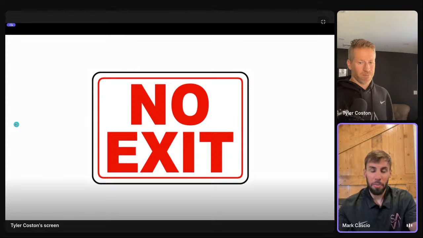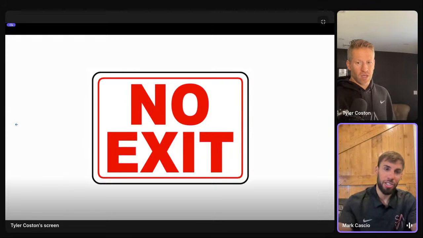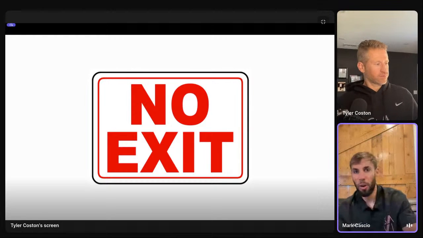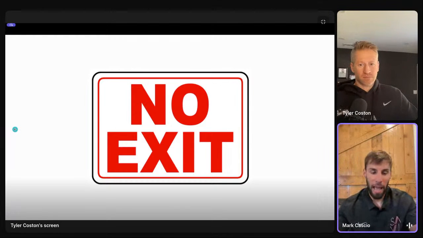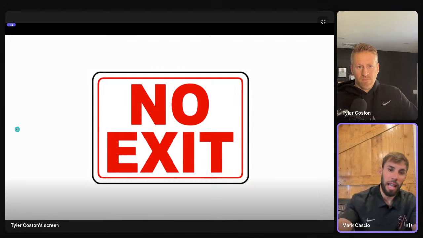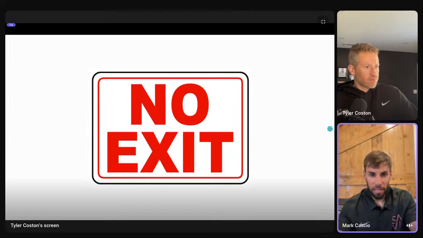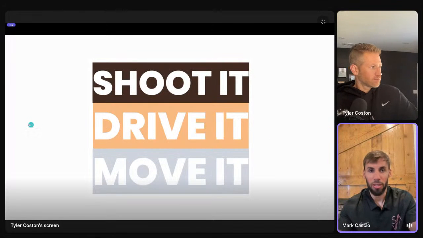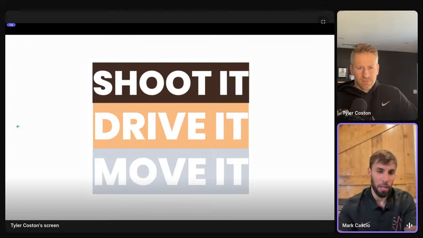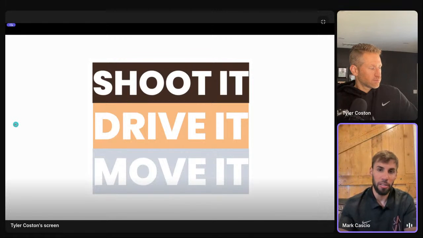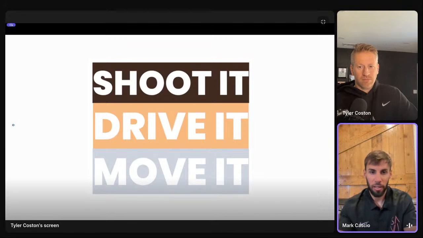So we're going to shift this approach where we take red bike, green bike, no exit into a basketball framework over the next 4 weeks. And then last slide here for me, Tyler, would be in the context of player development, we'll show you how to develop if-then statements and pattern recognition that will help your players know when to shoot it, drive it, or move it.